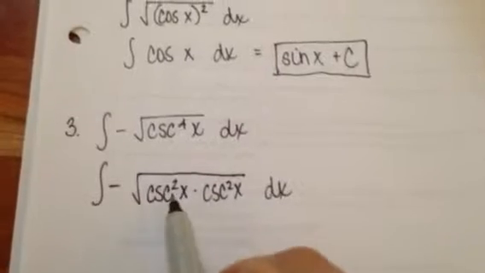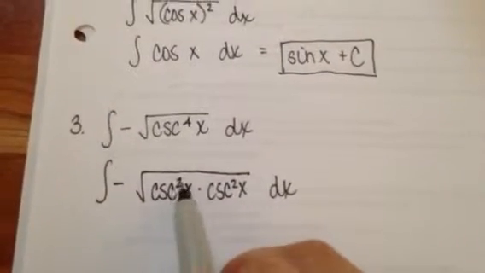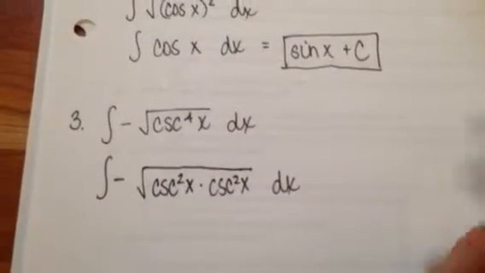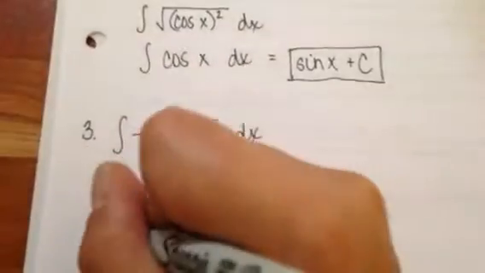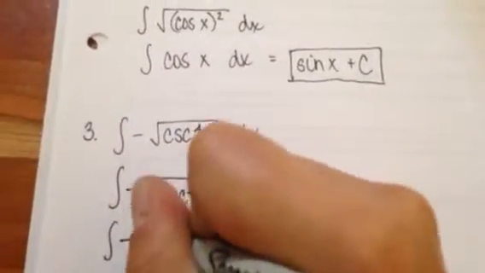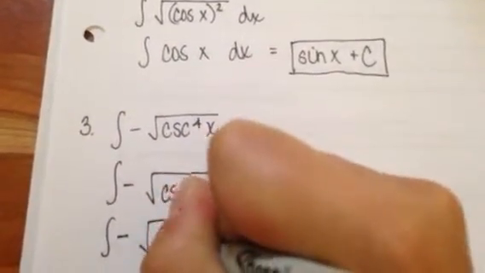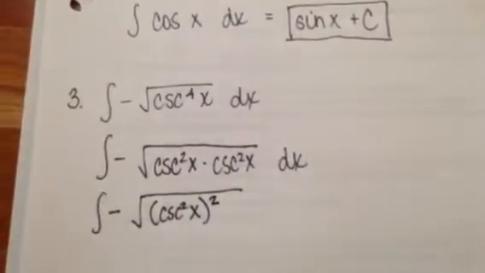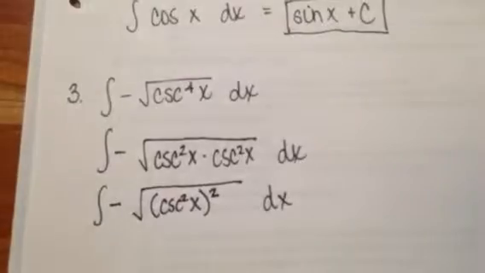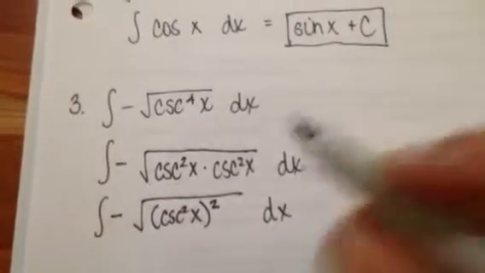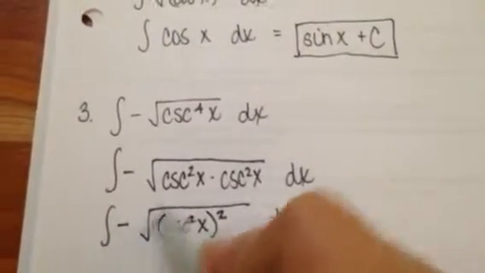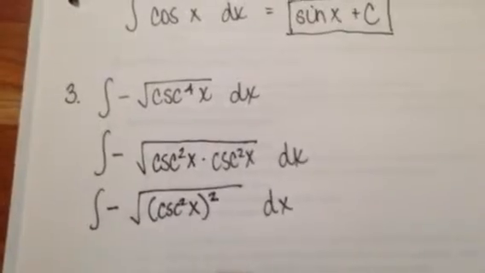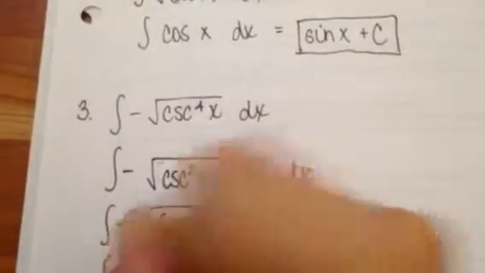And when you look at it this way, what you see is I have actually cosecant squared x squared, because I have 2 of them. So I could also think of it like this. And now same thing, this square and the square root are going to kind of cancel out. And so I've got the integral of negative